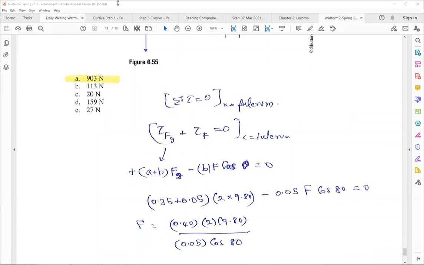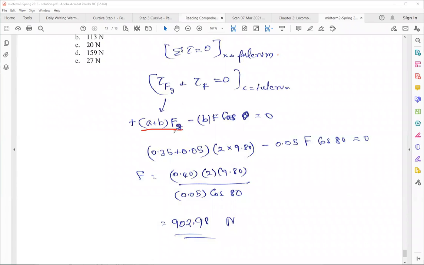You recognize the expression we established together: A plus B times Fg minus B F cosine theta, with a negative sign because the force causes clockwise rotation. The unknown in this case is the magnitude of force. So plug in all the other numbers, solve for the magnitude of this force, and you get a value of